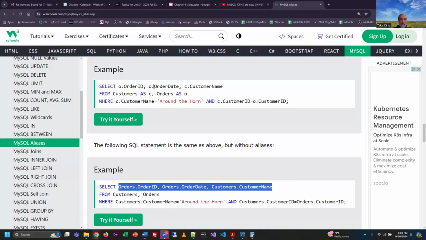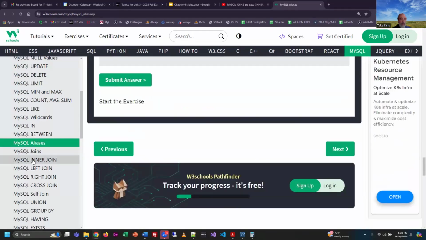And really the parts you're usually focusing on are the column names, not so much the table. So the convention in database programming is to use that lowercase letter, and if you have two tables that start with the letter C, then maybe use the first two letters, or whatever makes sense to you, but an abbreviation as an alias. And aliases, by the way, can also be